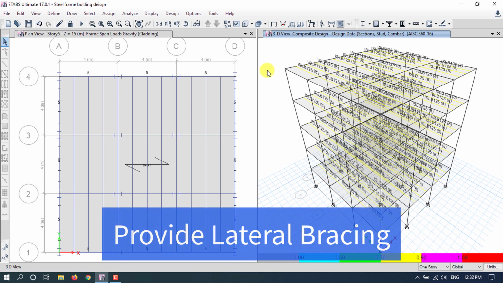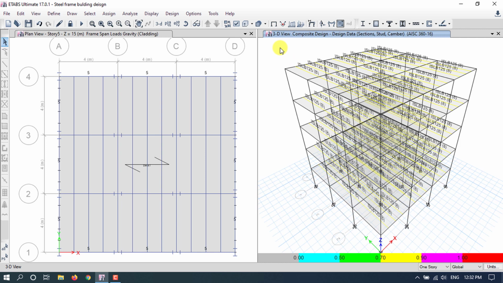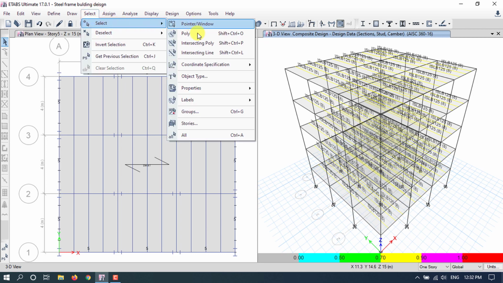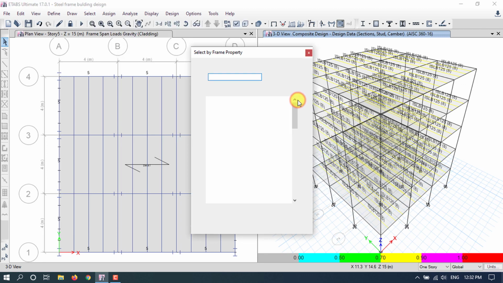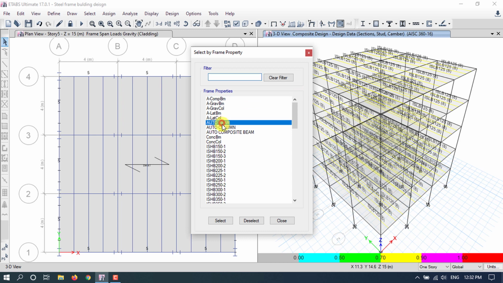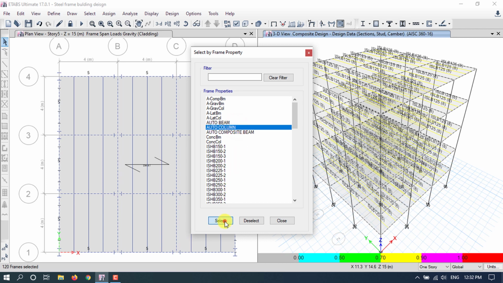Friends, before designing the steel frame section, let's give the lateral bracing here. For that, go to select all frames here. For that, go to select and go to properties and go to frame section and go to auto beam. Then click on select and select auto column.